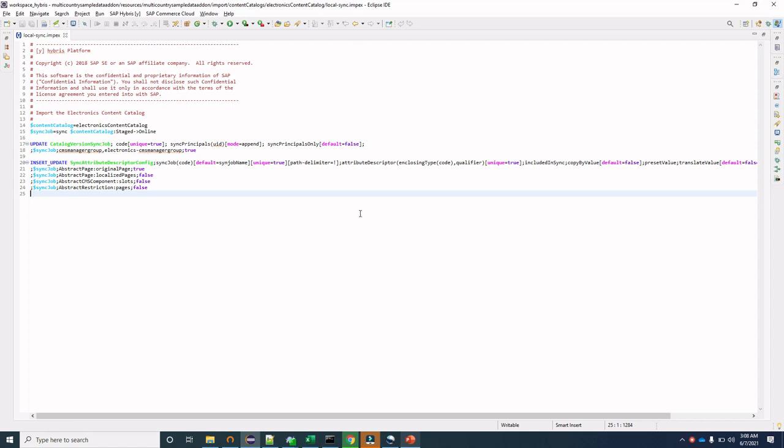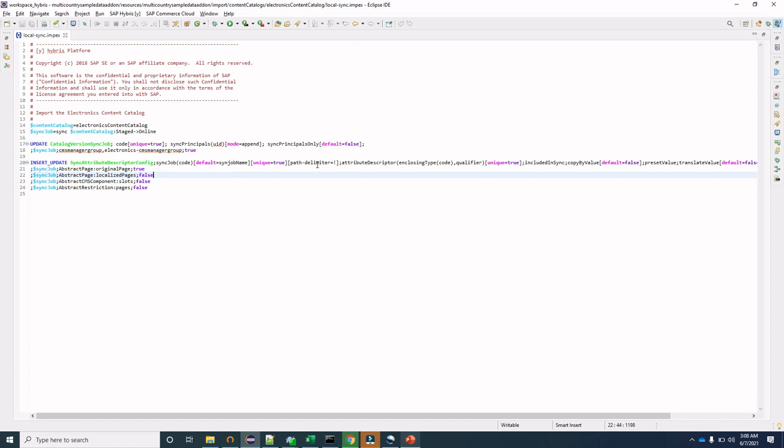Here we have to use this path-delimiter command. Whenever you are updating or inserting any item type, you have to provide this path delimiter.